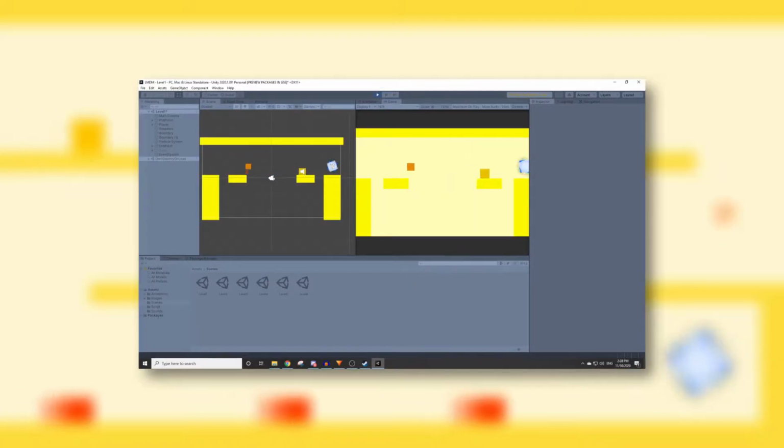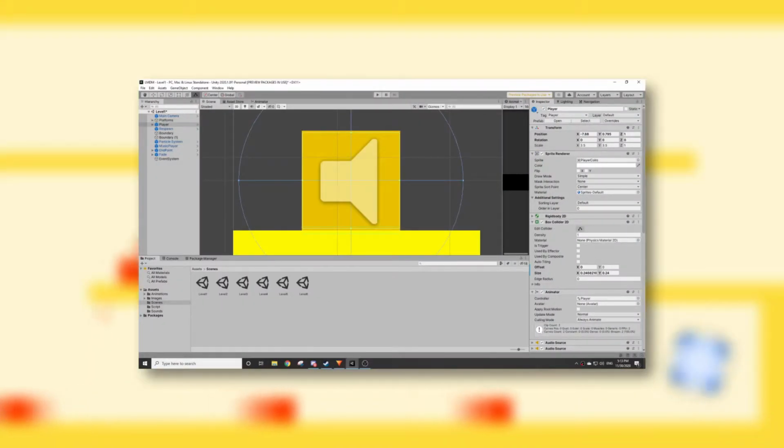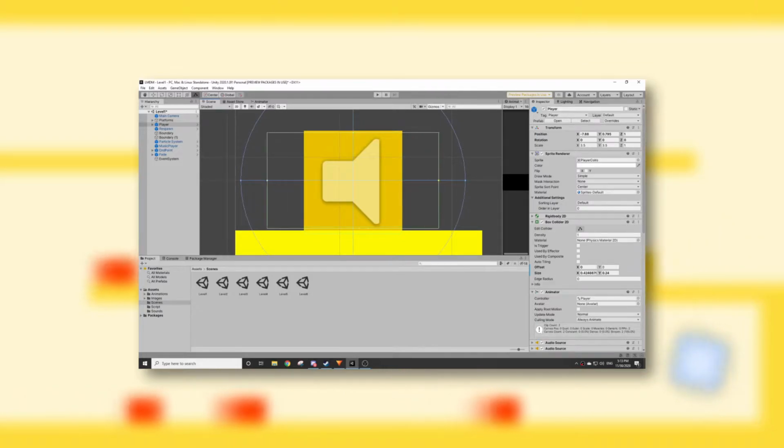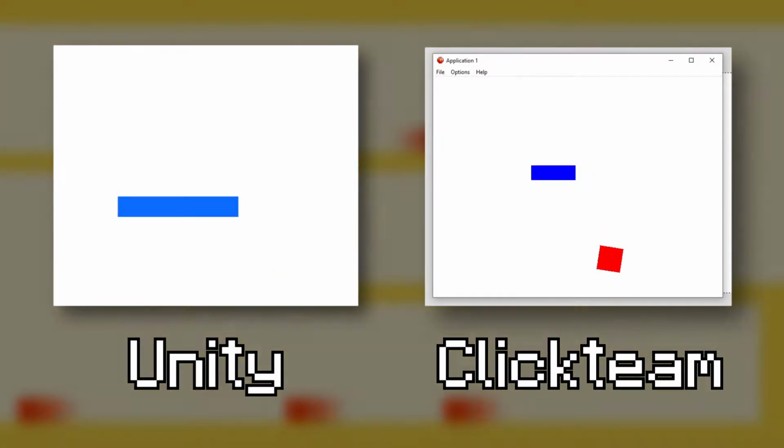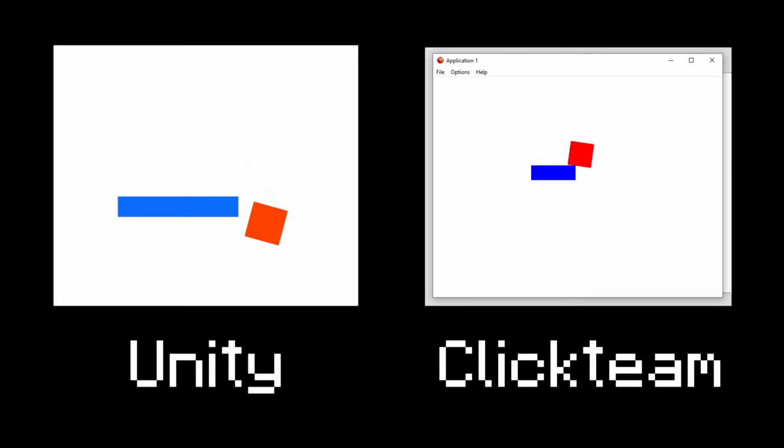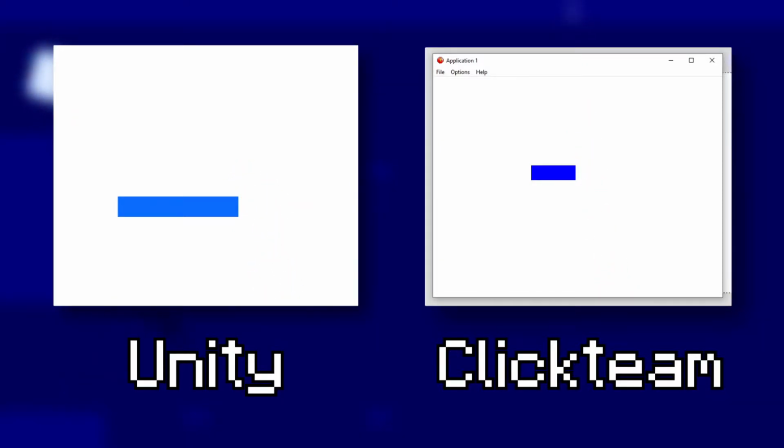which is not exactly good for games. Unity, however, has a system called box colliders where you have these colliders that you can slide and adjust to perfectly match what you want on your character, and it's just a lot easier to use than setting up collisions in ClickTeam. You can see where ClickTeam really falls behind Unity in these two clips, where you can see the cube clipping into the platform a little bit,